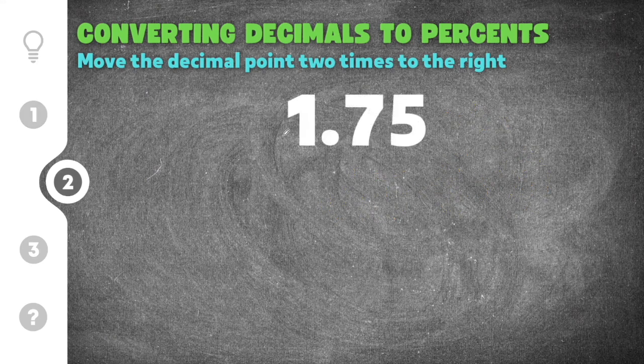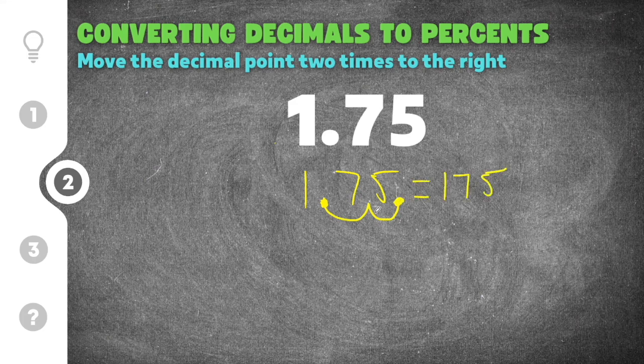Moving on to the next practice problem for converting decimals to percents, this problem gives us 1.75 as our decimal. So I'm going to rewrite 1.75. I know that I have to multiply by 100, but instead of doing all that math, all I have to do is take this decimal point and move it 2 times to the right. So it moves to the right twice, and now I have